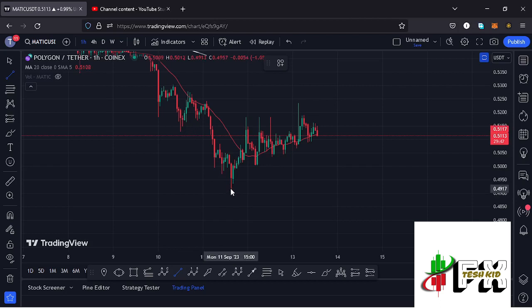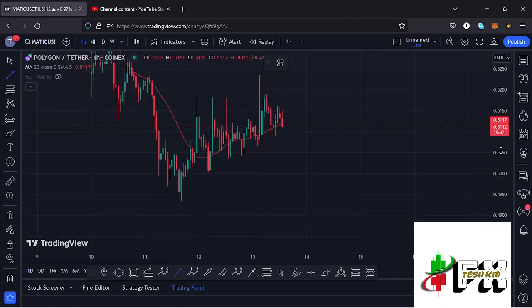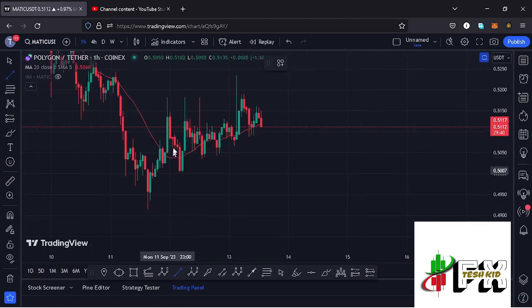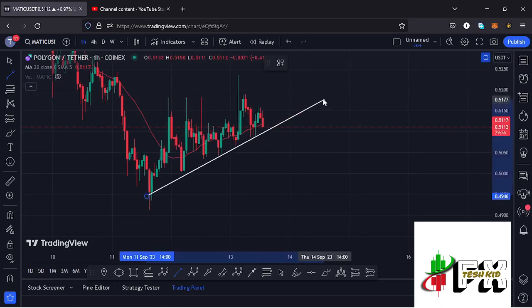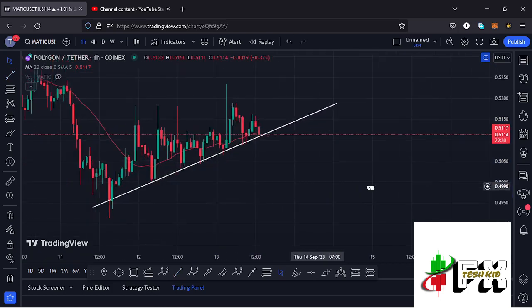around the $0.4917 mark. And you can see that afterwards we saw this massive bounce to the upper side in a move that has been obeying this trend line that I have here on the charts. And you can now see that at the time of this recording, we are seeing a bit of a breakdown